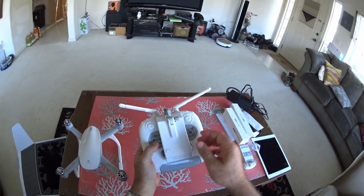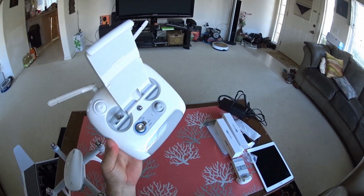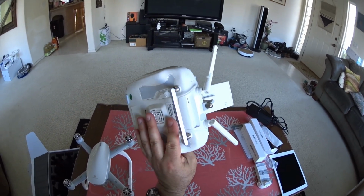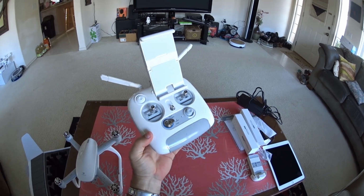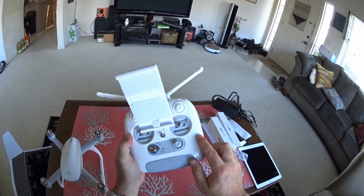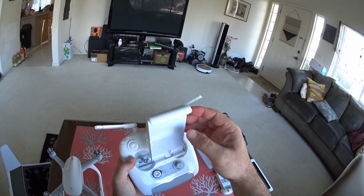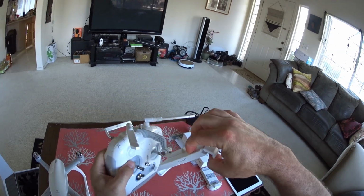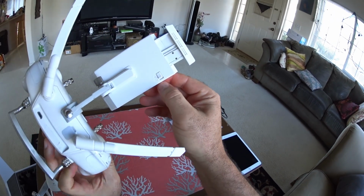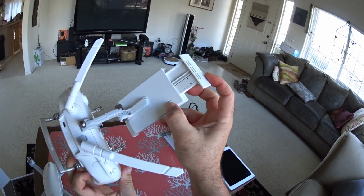But look at this controller. So here's the F8E Devo controller. Does this thing look familiar to you? It does to me. This looks almost exactly like a Phantom 4 controller. Of course, you know, different kinds of buttons, but that smooth fit and finish, that gloss finish, this very similar tablet phone holder bracket. It looks like we push this thing to the side, and it has that same kind of pneumatic almost feeling